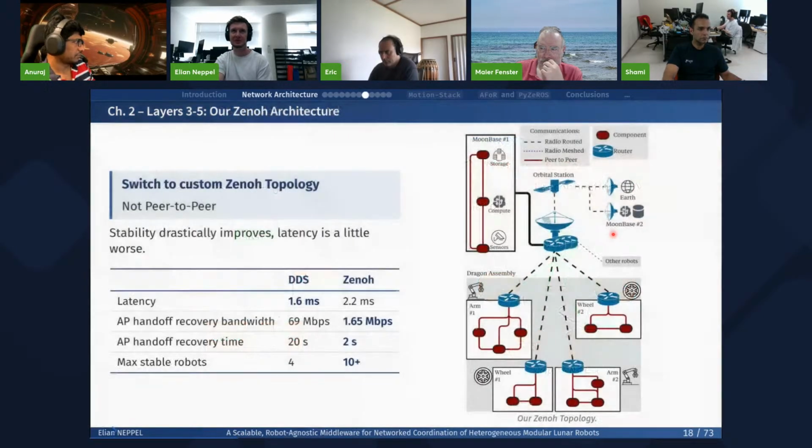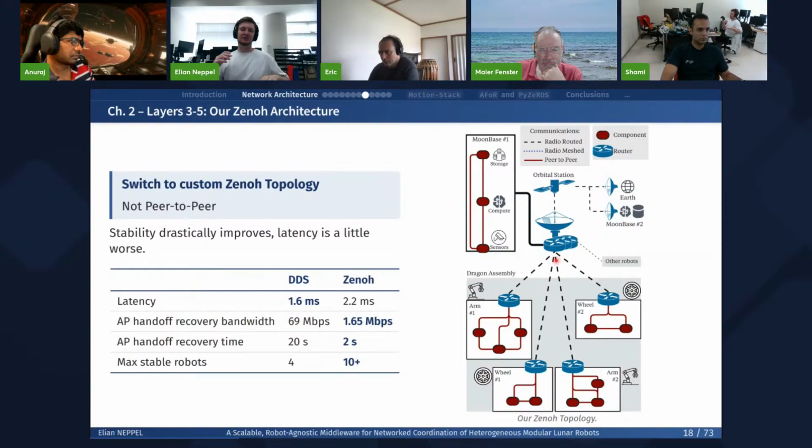So this is why we switched to Zenoh instead of DDS, Zenoh that is not peer-to-peer. And with Zenoh, we can start what is called a software router onto each of the robots. Then we tell this software router to only create one single connection to the Moonbase, and then the Moonbase has other software routers.